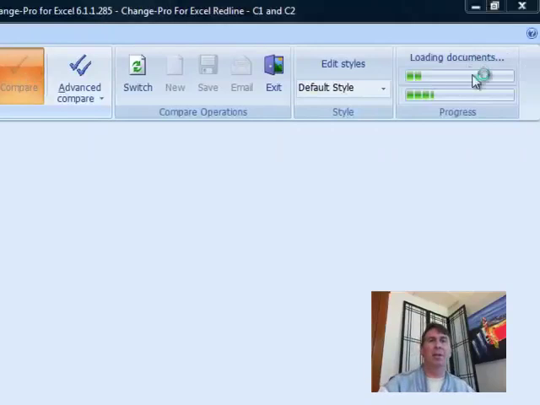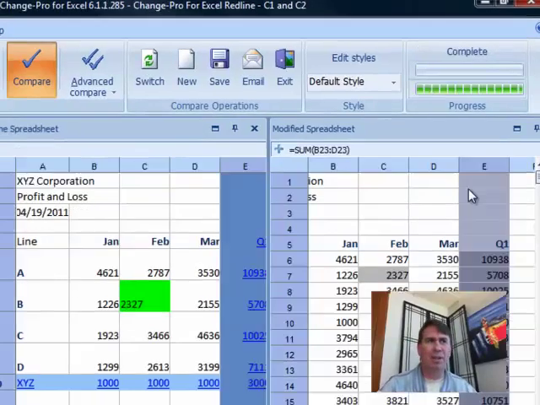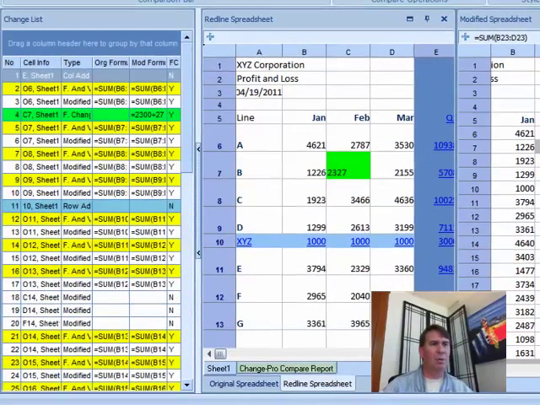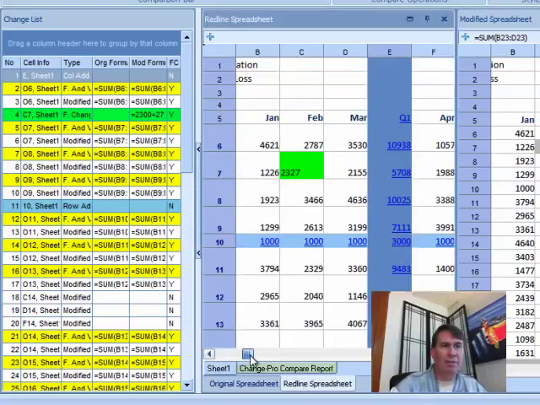And you can see the progress up here. Now, of course, if you have 100,000 rows, this is going to take a while to do the compare, but this is a nice small file, so it's pretty quick. All right, so you can see right here they're highlighting in green that one cell that I changed, and they have several different views. I really like all the different views. This is a list of all the things that have changed. This is the red line view where we can actually